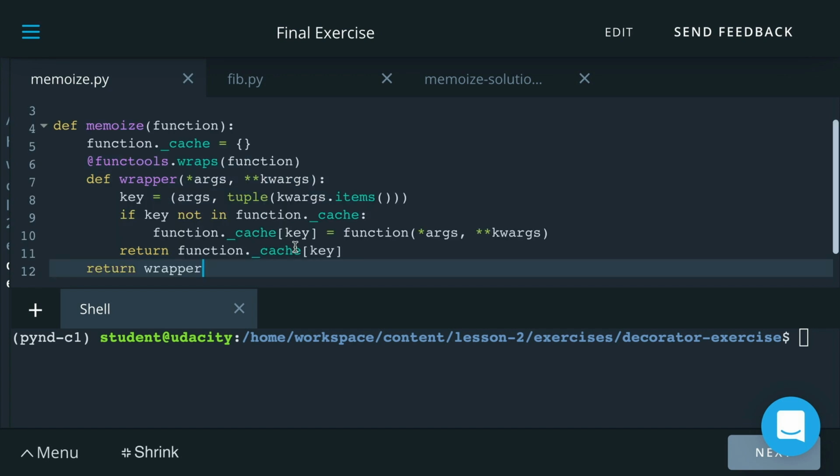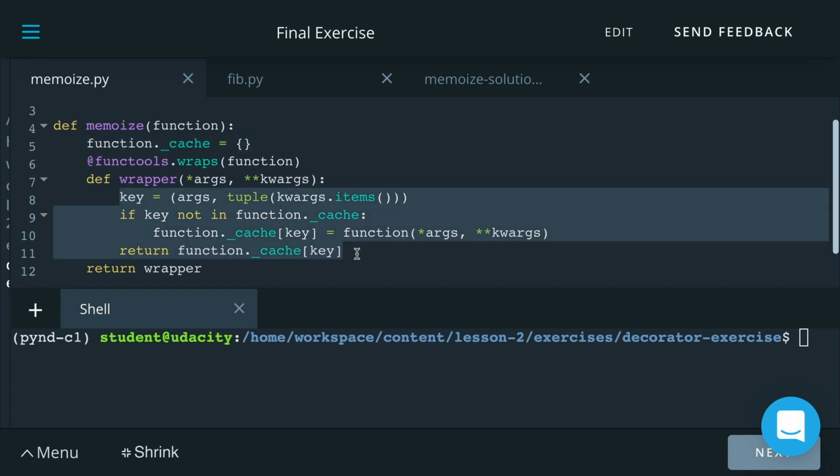So our solution code actually looks very similar, but just has a couple of different lines. To start with, we've attached a cache attribute to the function that we're capturing. This is going to be a dictionary associating snapshots of the arguments that are sent into the function with whatever the return value of the function ends up being. Now, inside of the wrapper function itself, we're doing some extra steps as well.